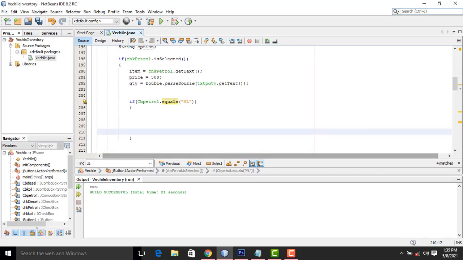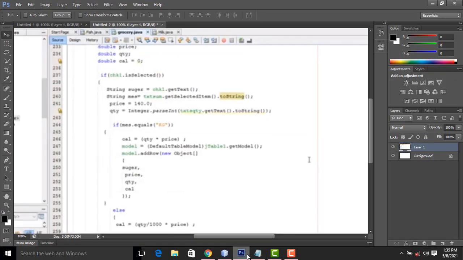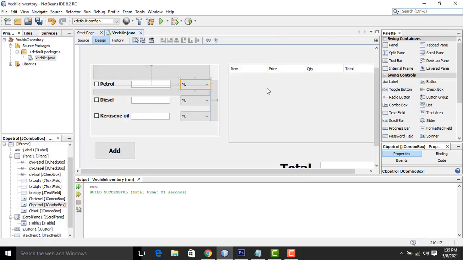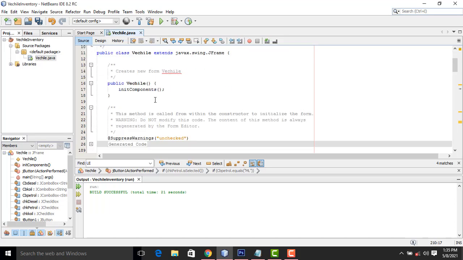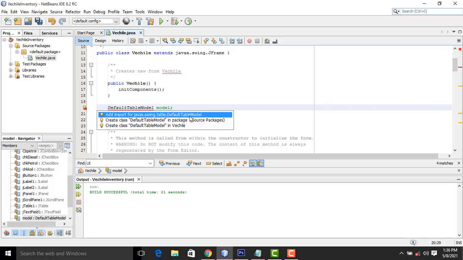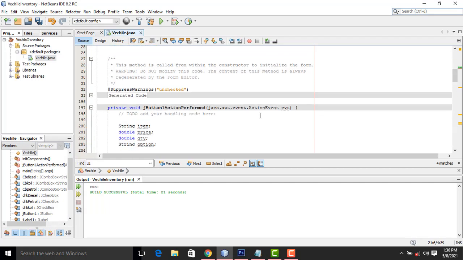Alright, what's the correct name? Okay, you have to do the calculation. How does the calculation work? You have to give the calculation, and it will be added into your table, the JTable. It will be added into the JTable. So after the controller you have to write DefaultTableModel, the table model. You have to write model, the object. You have to implement this one. This is a must when you are doing JTable stuff.